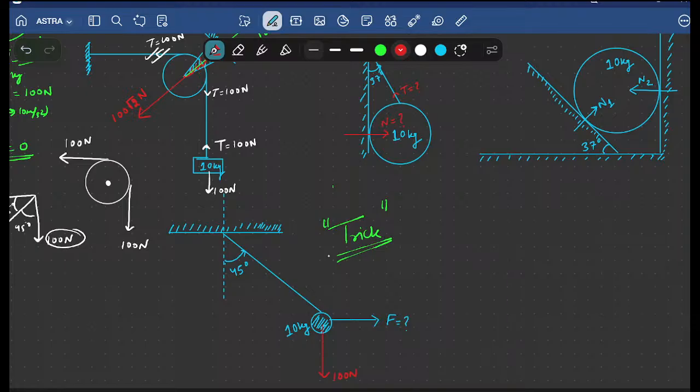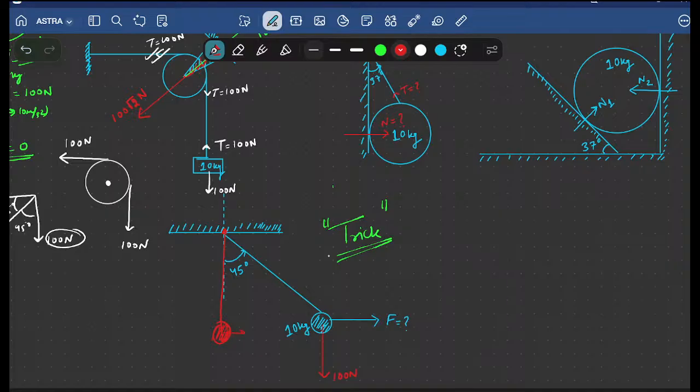Now you are applying some force. Due to this force, this mass has been moved a little bit in the rightward direction so that the string or the thread connecting this mass to this point is making 45 degree with the vertical. Otherwise, this string must be vertical and this block must be hanging like this, right? But the things have changed.